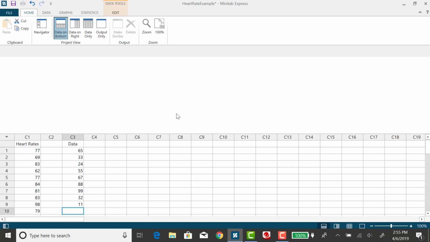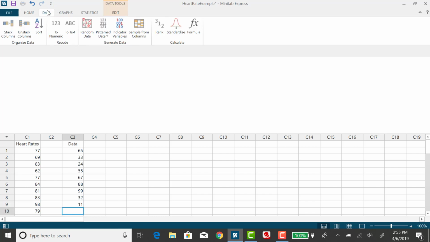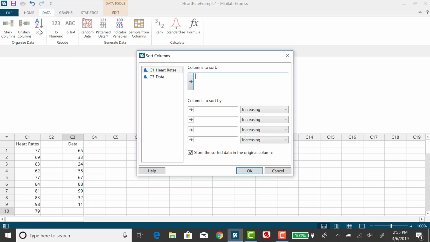All right, so if I want to put a data set in order, I need to click on Data right up here, and you'll see this A to Z sort. And I want to actually sort the heart rates because later I want to go ahead and do a histogram out of that. So I'm going to double click on heart rates,